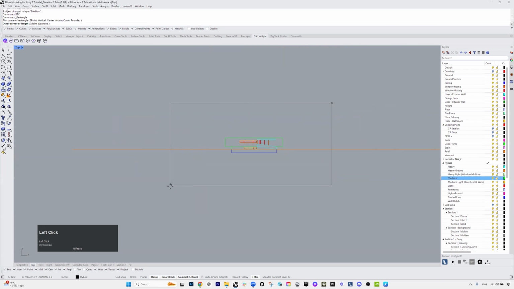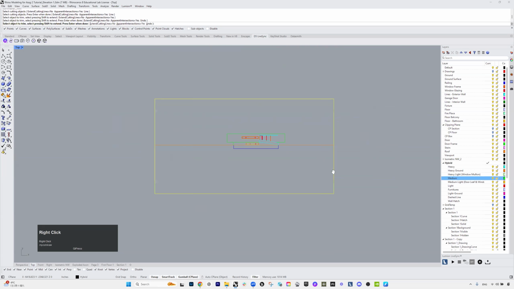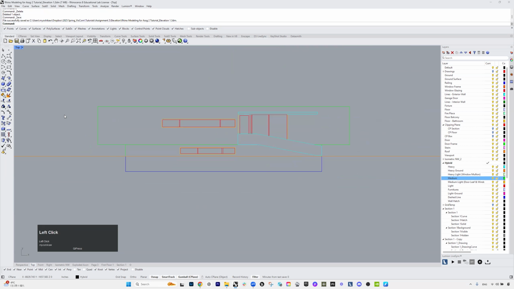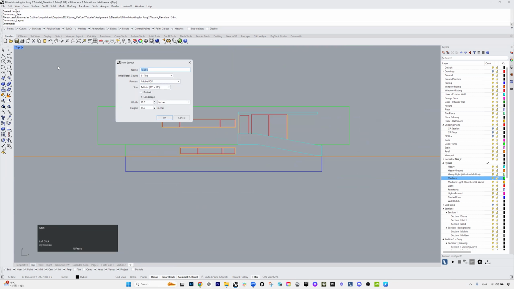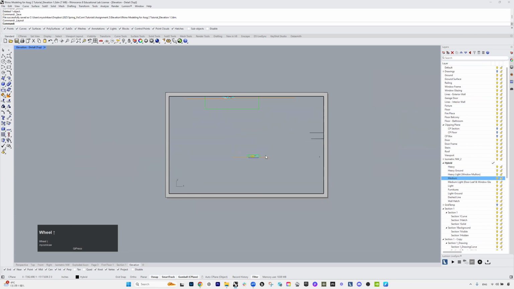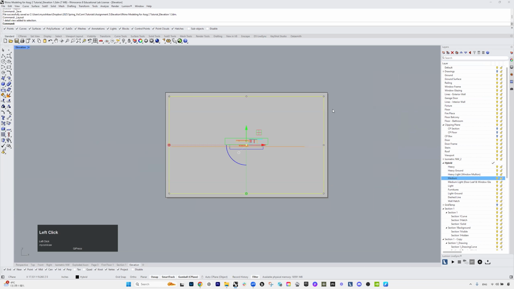And I might just kind of trim this ground edge as well. Yeah. So that's what I have, and I'm just going to save this file to backup. And I'm going to create another page layout, and I'm going to call this elevation and landscape 17 by 11. That's good. So if I zoom into this somewhere over here, select this viewport,